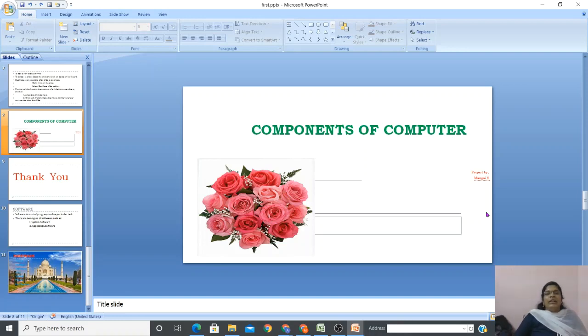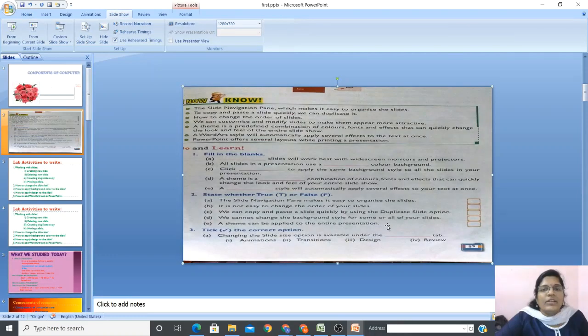Let's go and do the exercise questions. Okay, so all of you take your computer text and go to page number 59. Students, let us do the exercise questions. So all of you take your text, page number 59, and a pencil. Okay, so take a pencil to do the fill in the blanks. So let me make it in big screen. So for that, let me play the presentation slide. Do you see the slide? Yes. Fill in the blanks.